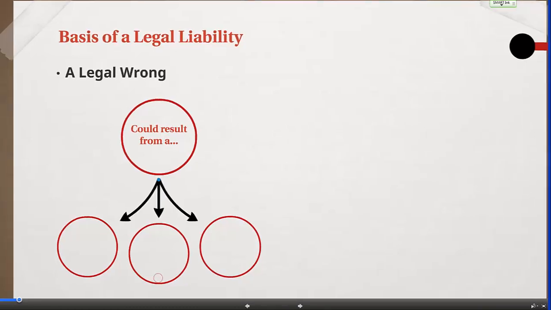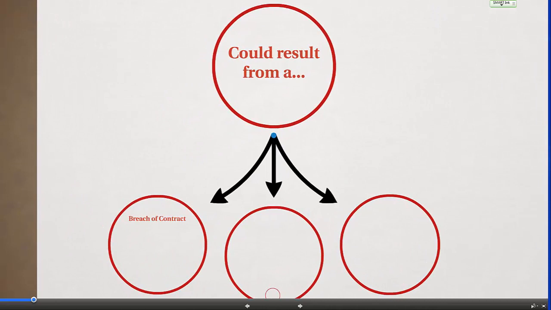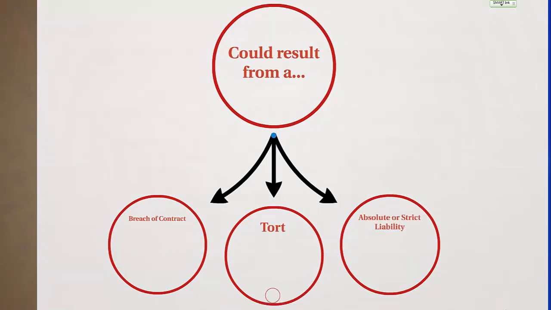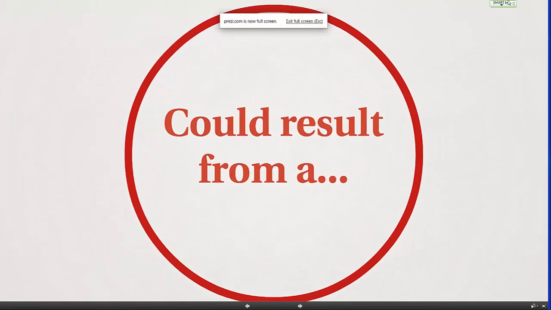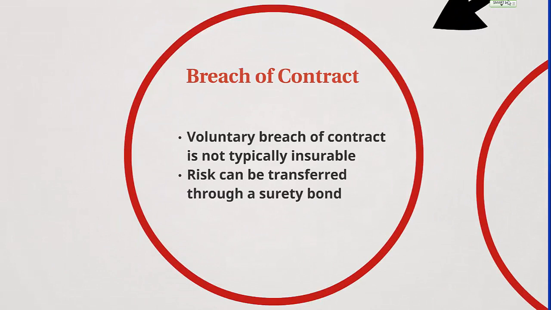one of three things. First, a breach of contract, a tort, or absolute or strict liability, which is really just a special case of tort. A breach of contract, a contract being where two parties agree to perform certain things under the contract, is typically not insurable, particularly when the breach is voluntary. That type of risk can be transferred through a surety bond, and we'll talk about surety bonding later in the